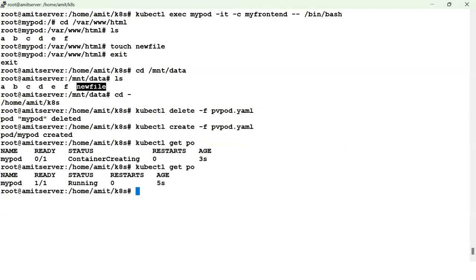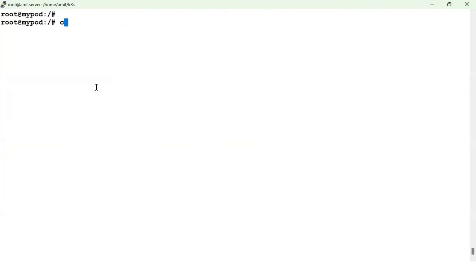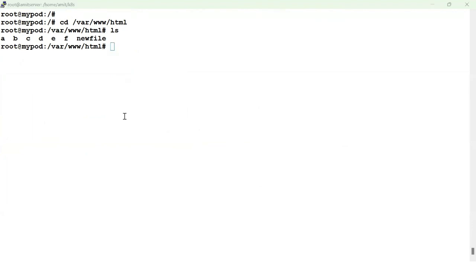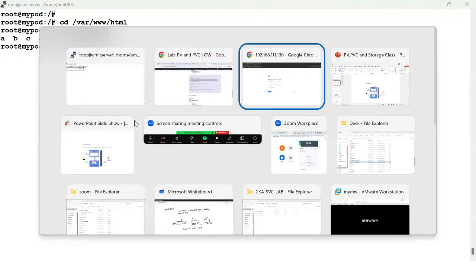Once the container is created, now I'll go and run the exec command. Inside the pod, if you cd /var/www/html, you will see the data. By default, a PV will always retain your data unless you mark it as delete. Okay. The last part of this is how to